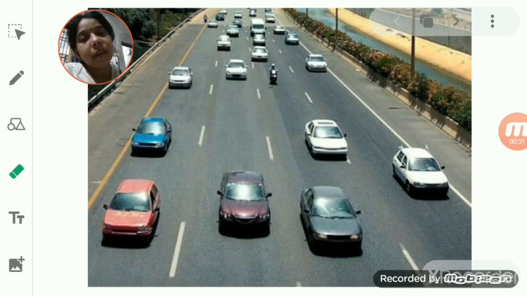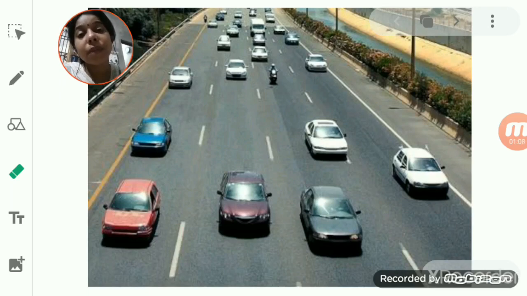motion. If we talk about rectilinear motion, rectilinear or linear motion is a motion in which a moving object is moving in a straight line. Like if a car is moving on a straight path, that kind of motion is known as rectilinear motion. Rotational motion is a motion in which an object moves around its own axis. That kind of motion is rotational motion, like rotation of the earth, rotation of the moon, and at